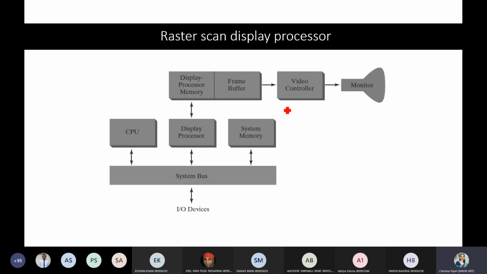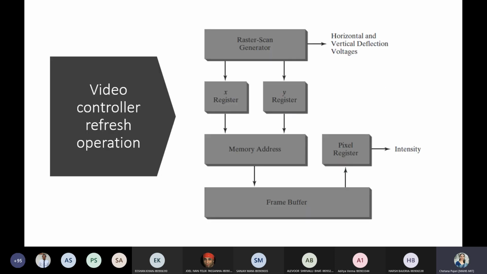Yeah, so where I was: you can go for a dotted line, a solid line, or just a regular line, or you can define different colors for different lines. Maybe this is red, this is blue, green. So like that, you can assign different colors to different lines. All this type of extra functionality is provided by making use of your display processor memory and display processor. Otherwise, all other functionality will remain similar to what we have discussed in the previous 2 slides.